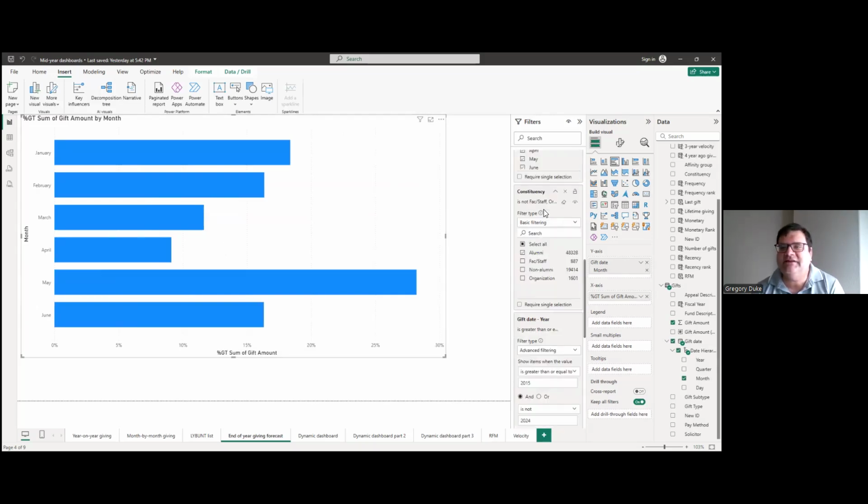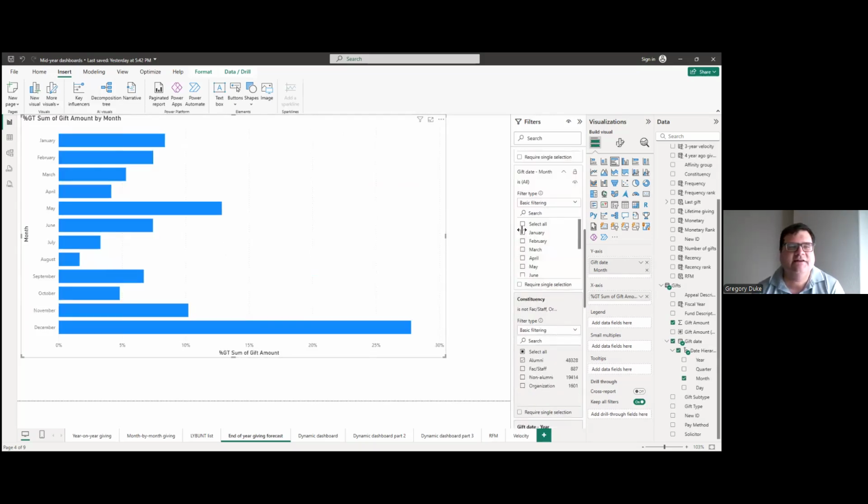So we can see that she tends to raise most of her gifts in December. And this could be because of her prospect pool. This could be that she is making calls during December before the holidays. Looking at this chart, this is probably when she takes her vacation, but she's